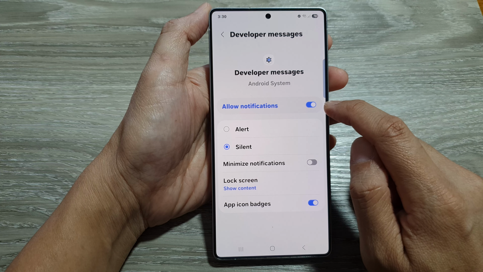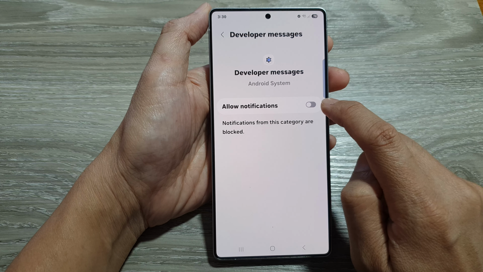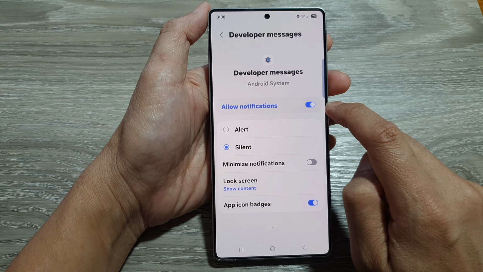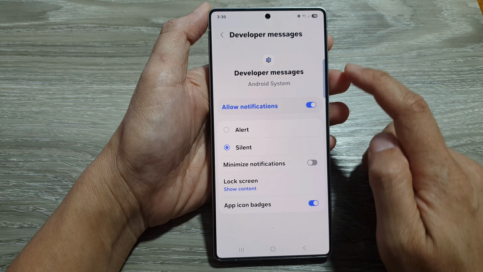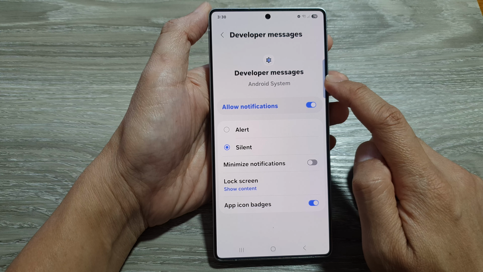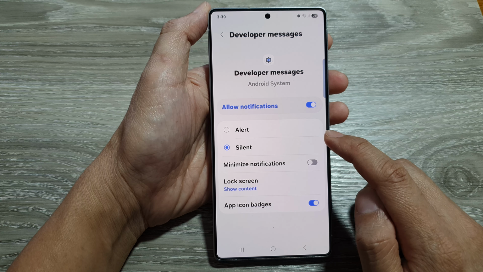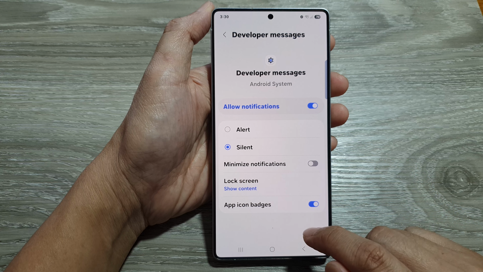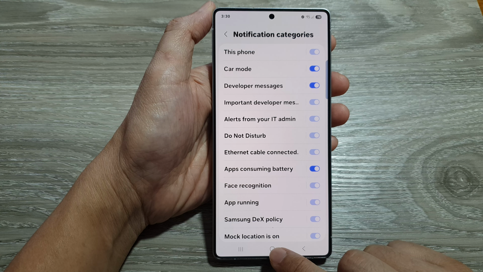At the top here, tap on allow notifications. Tap on the toggle button to turn it off or switch it on. Once it is turned on, you can choose to receive notifications from developer messages in silent or in alert mode. And that's it. After that, tap on the back key and tap on the home button to go back to